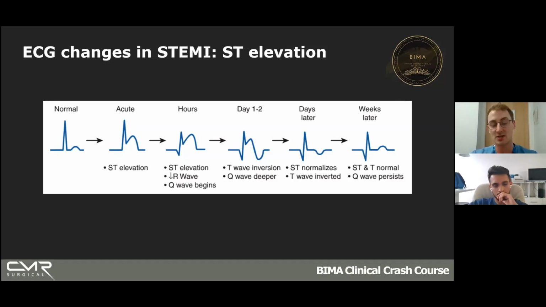The next change that's important to know about is what's called a Q wave. You can see here, on the left-hand side, your QRS complex goes sharply up. This is normal. A Q wave is when the first deflection in the QRS complex goes down. And this indicates that you've had an MI that's been there for some time. These stay there forever, basically, once you've had an MI. So that's something to look at on an ECG.